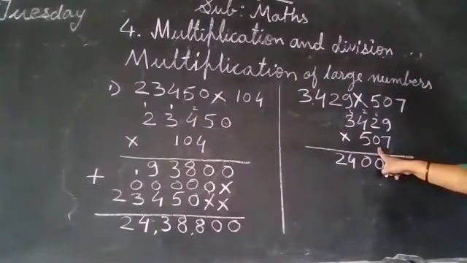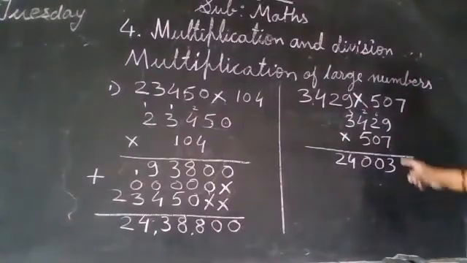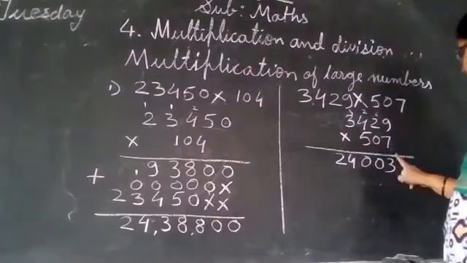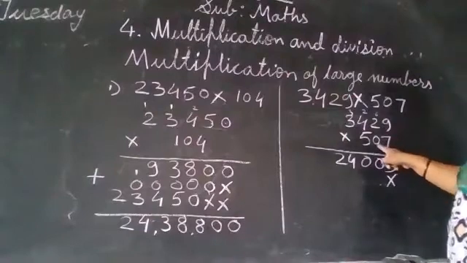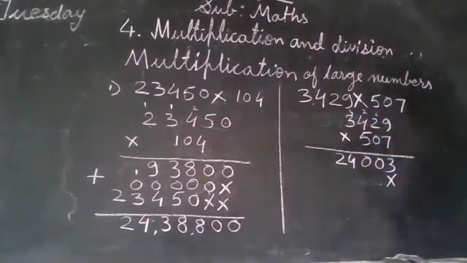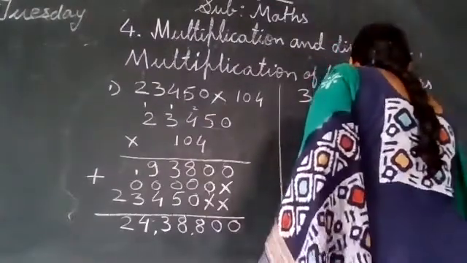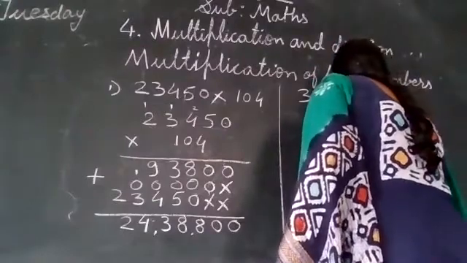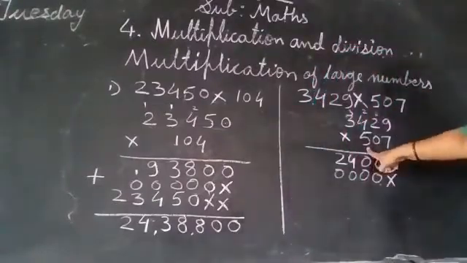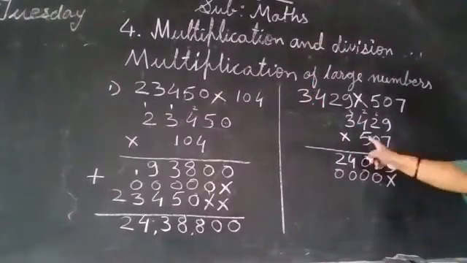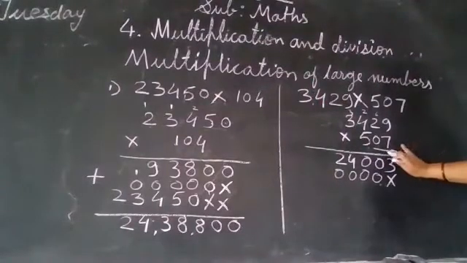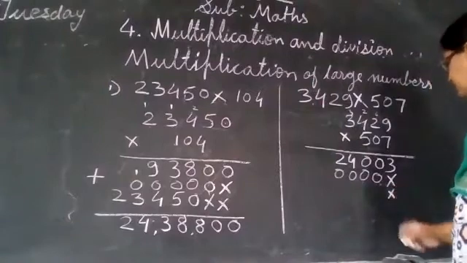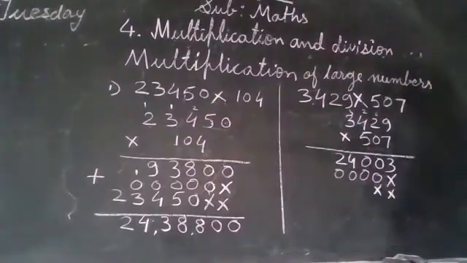Now we will take the other digit 0. For that, beta, it is tens place. So here we will leave this ones place. Okay, and we multiply all this by 0. So what do you get if you multiply all this by 0, you will get 0. 0, 0, 0, and 0. Now we are taking the third digit 5. So it is hundreds place. That means you have to leave tens place and ones place. Okay. So for that we will put a cross in ones place and a cross in tens place.